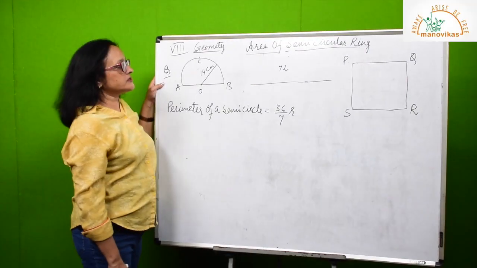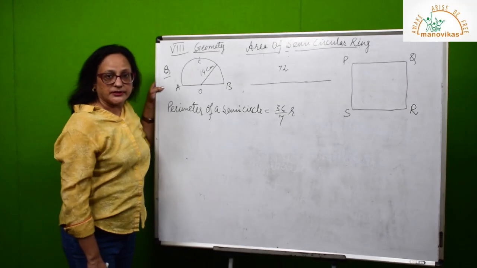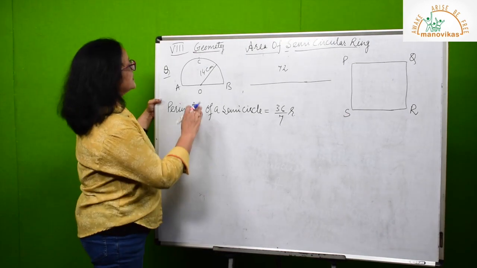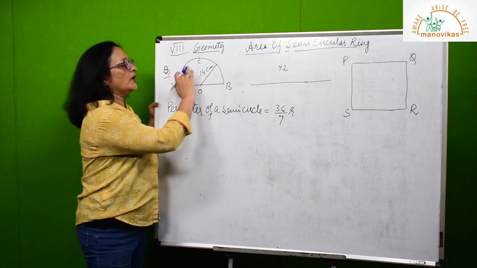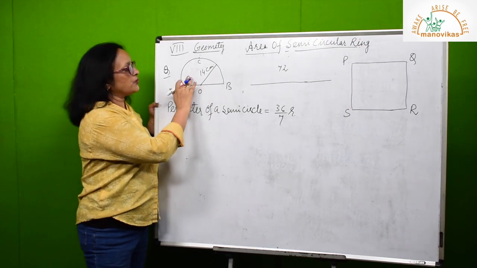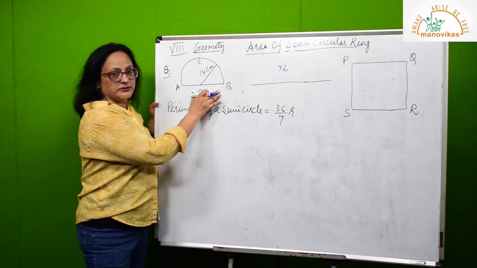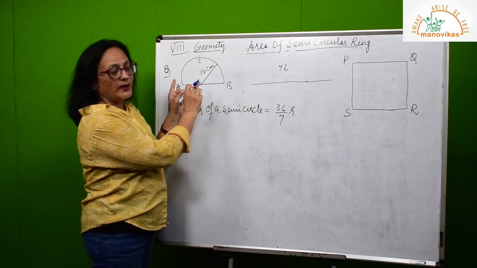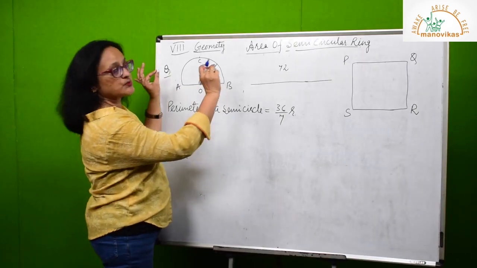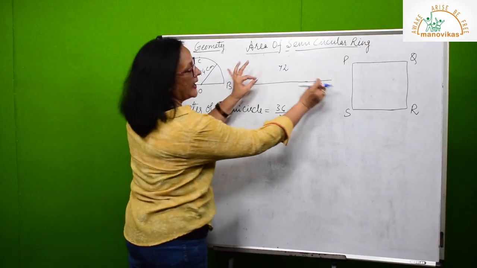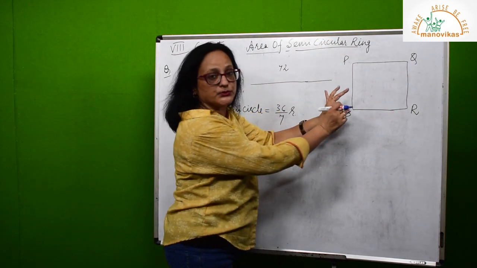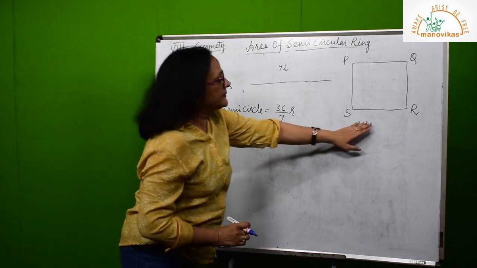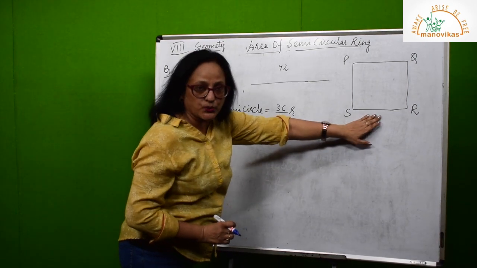Now I am taking one question, and after this question you can do 3 questions from your exercise. In this type of question, one figure is given that is formed by a wire. So here you can see a semicircle. This is formed by a wire. Now we open this wire and rebend it into the form of a square. So you have to find the side of the square.